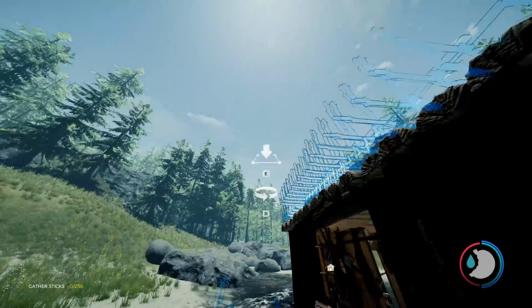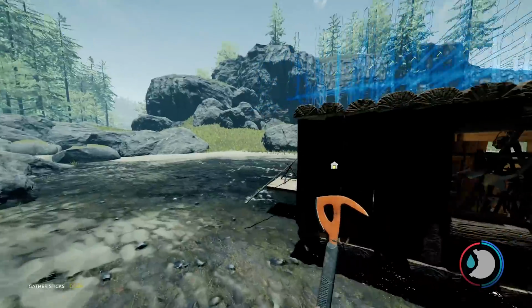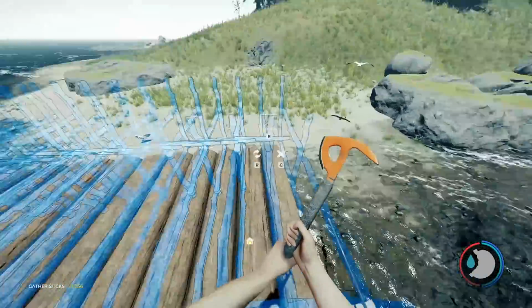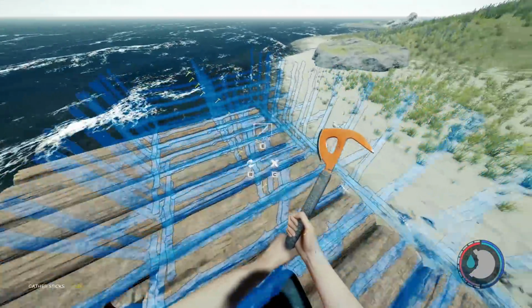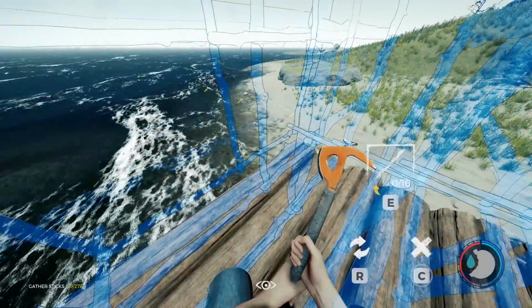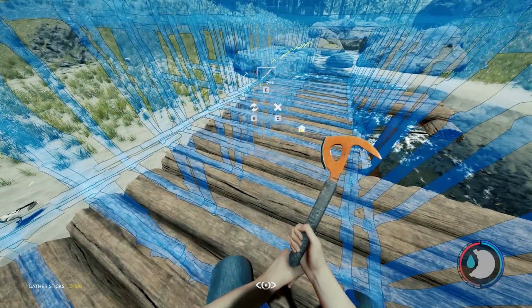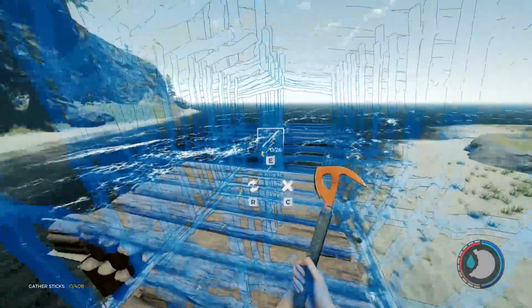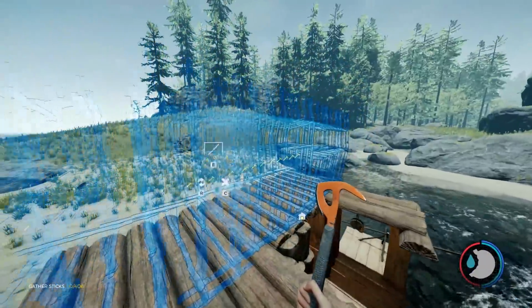There we go, I've placed them all. Let's go and have a look and see how aligned they actually are. Yeah, it's not too bad. I'm pretty happy with that. So a good way to do it is crouch, and that way you can just go and upgrade them. It's R on PC, I don't know what it is on PlayStation. And they're all upgraded. This is a lot of sticks, by the way, so this will take you ages to